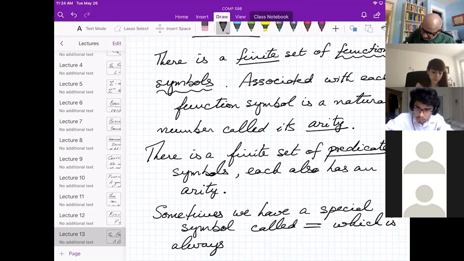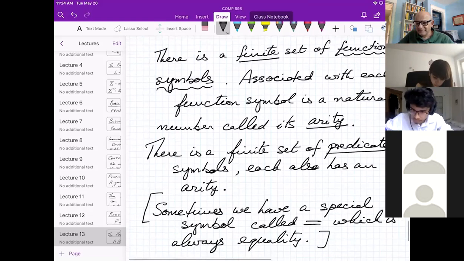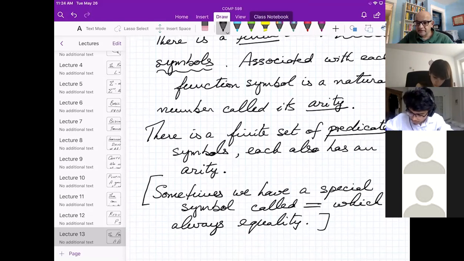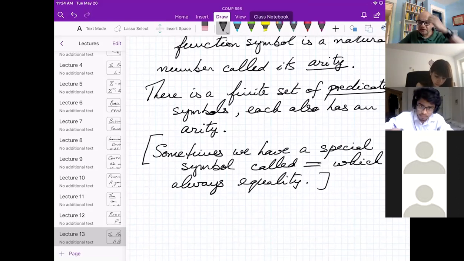But I'll make that a parenthetical remark. We never take that symbol and say, oh, I think we use it to stand for plus now. The equality symbol is sacred, and when you use it, it has certain special rules that go with it. You actually get something called equational logic, which is another topic close to my heart, but I'm not going to tell you about equational logic. It's just there.